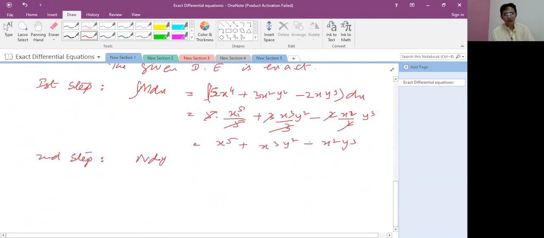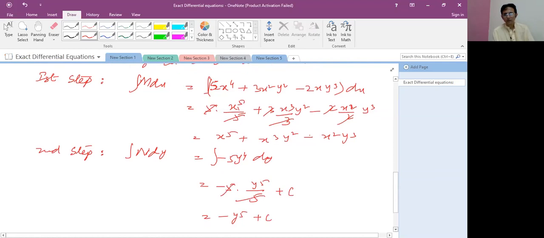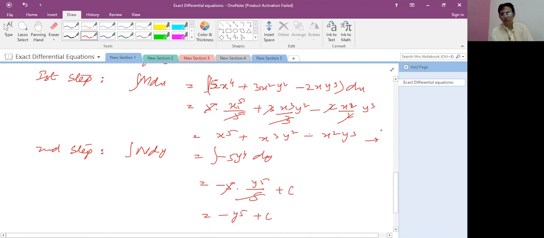It means n dy, we will consider here minus y raised to the power 4 into dy. Find the integral: minus 5 by 5 upon 5 plus c, minus y^5 plus c. They cancel each other. So if we add both of them